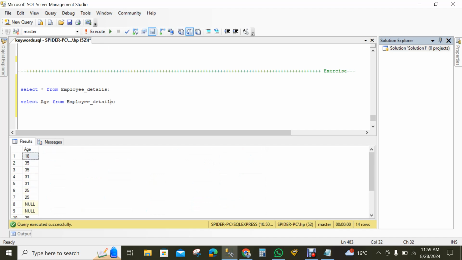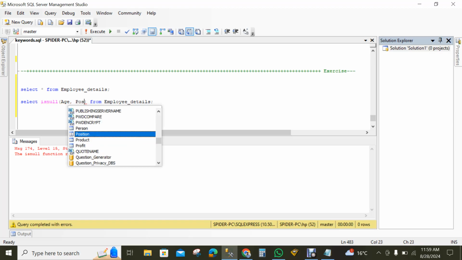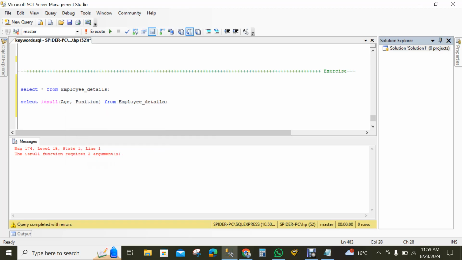But if I put ISNULL here, what happens then? It shows us a message that the ISNULL function requires two arguments. So I can give age and position here. If I execute this,